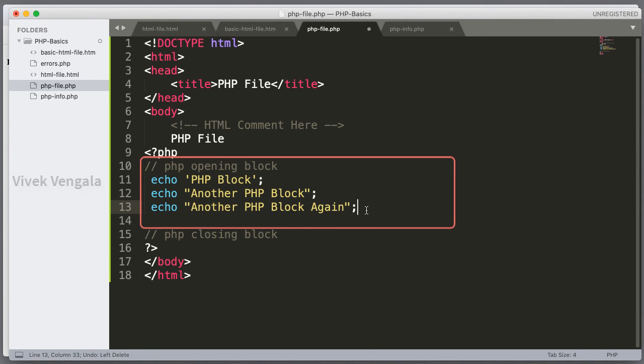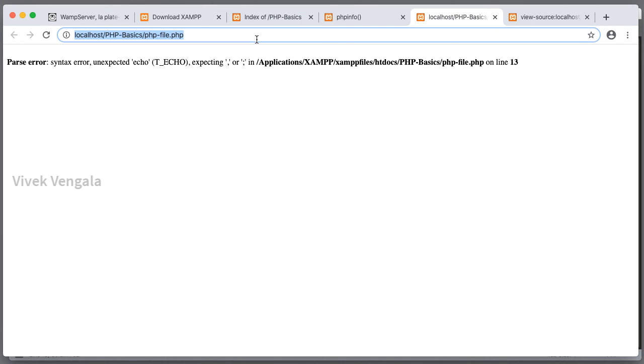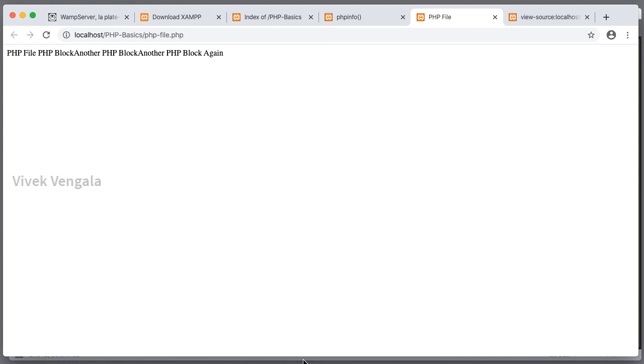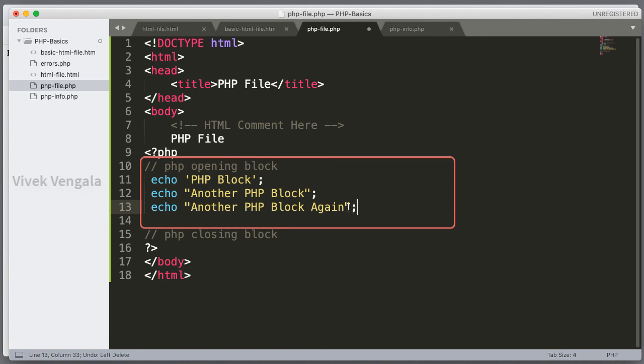If I remove the last one, we won't see any errors because we don't have any other statements after this echo statement. That's the end statement, so we won't see any errors. Just try to remove semicolons from the first statement or second statement. Don't remove it from the last statement, and you won't see any errors.